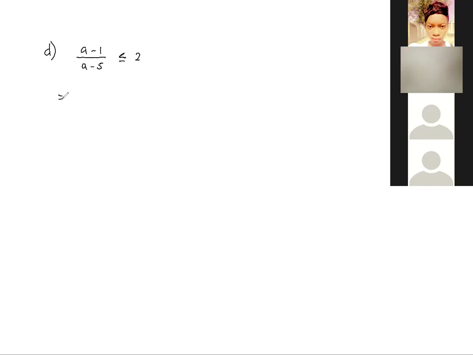So because we can't do that, we'll be forced to get the 2 from there and bring it on the left. And then we get a common denominator and have this to be less or equal to 0, which then becomes a